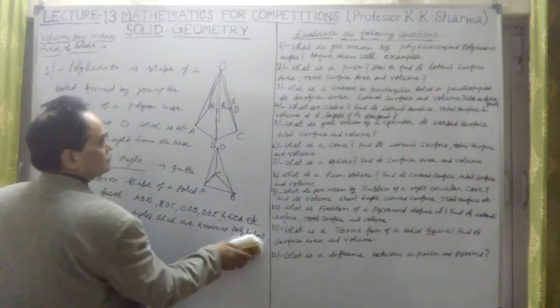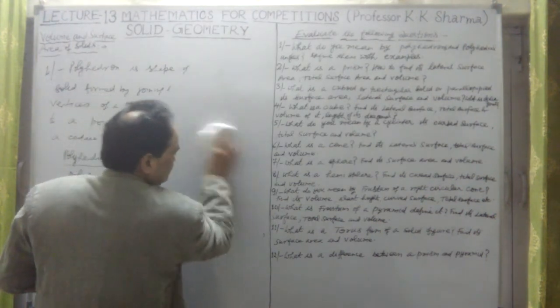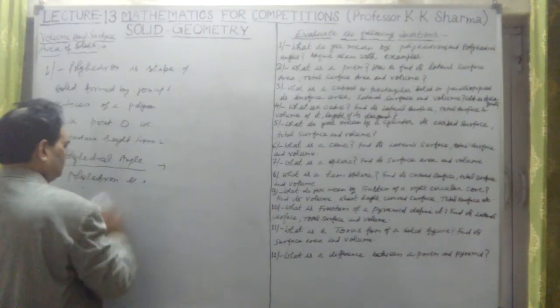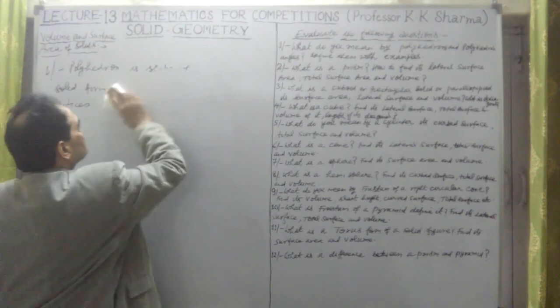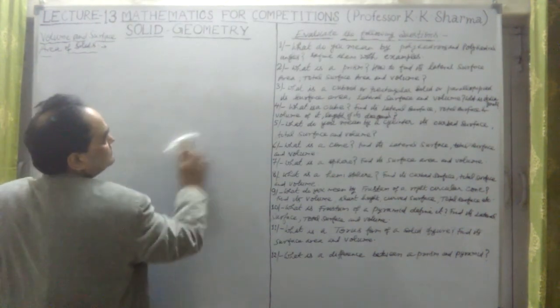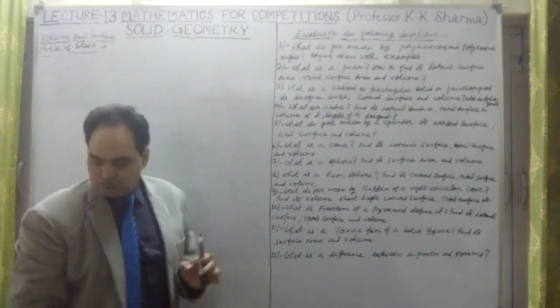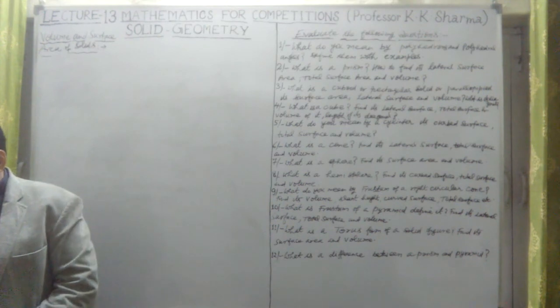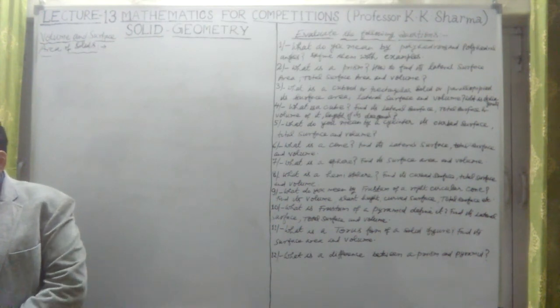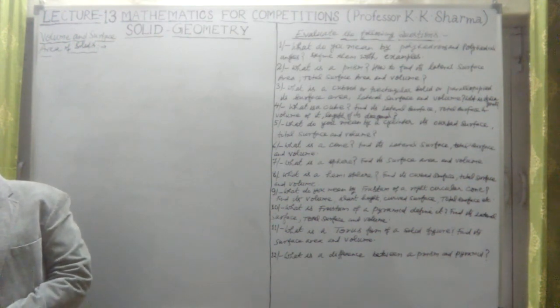Now let me take question number 2. What is the second shape that we talk about? Define with examples. So I have taken these examples here. These shapes we have taken as polyhedrons. Polyhedral shapes are these. Now, if I talk about